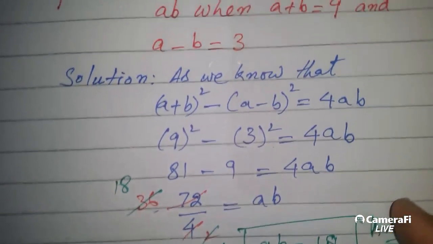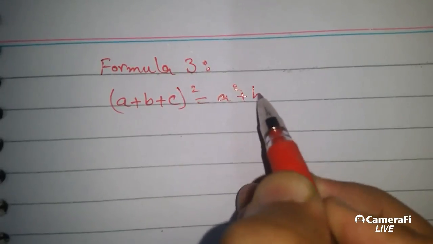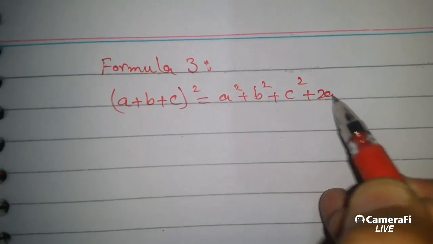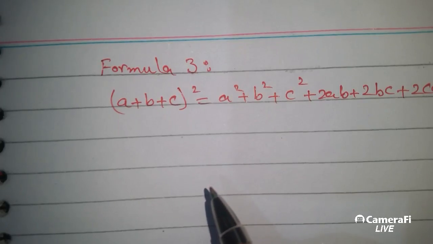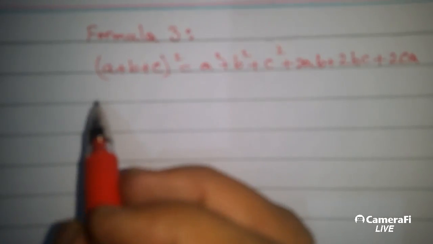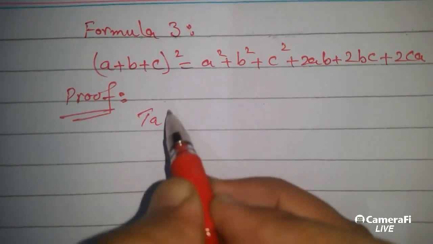Let's move to the other formula. Formula number 3. (a plus b plus c) whole square equals a square plus b square plus c square plus 2ab plus 2bc plus 2ca. Proof. Taking the left hand side,